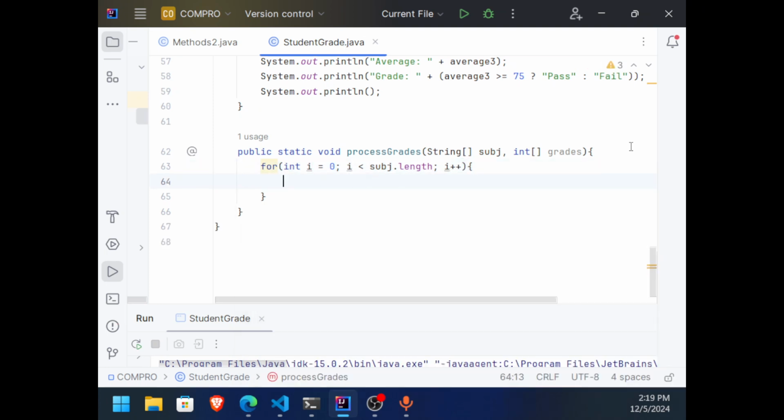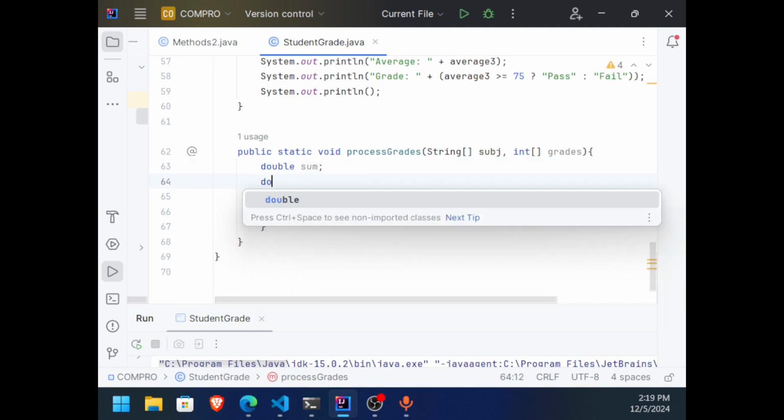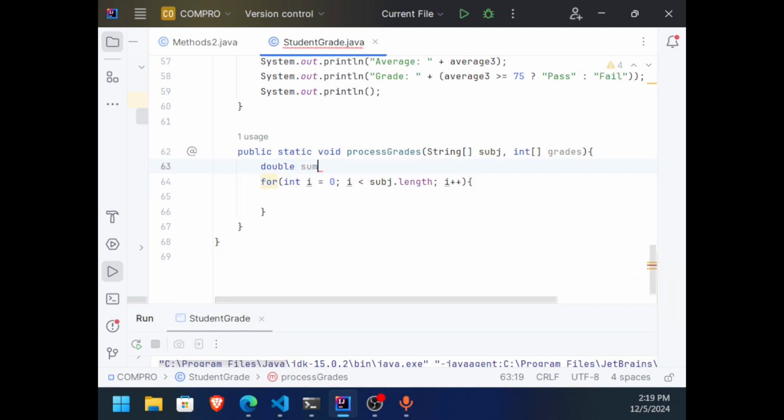So what we will do here is create a variable to store our sum. And another variable, let's just make it 0. And then average, its value is also 0. I made a mistake, there should be no semicolon there. We are doing a mass declaration and mass assignment.